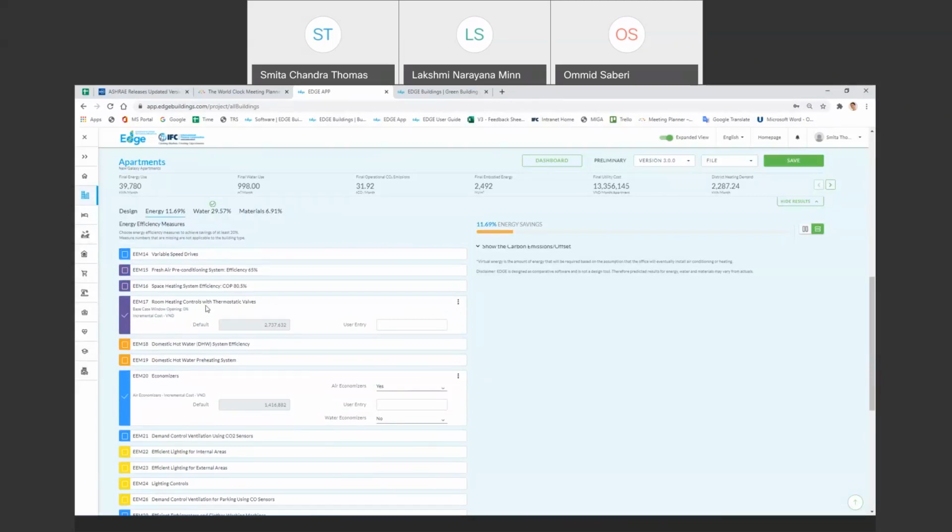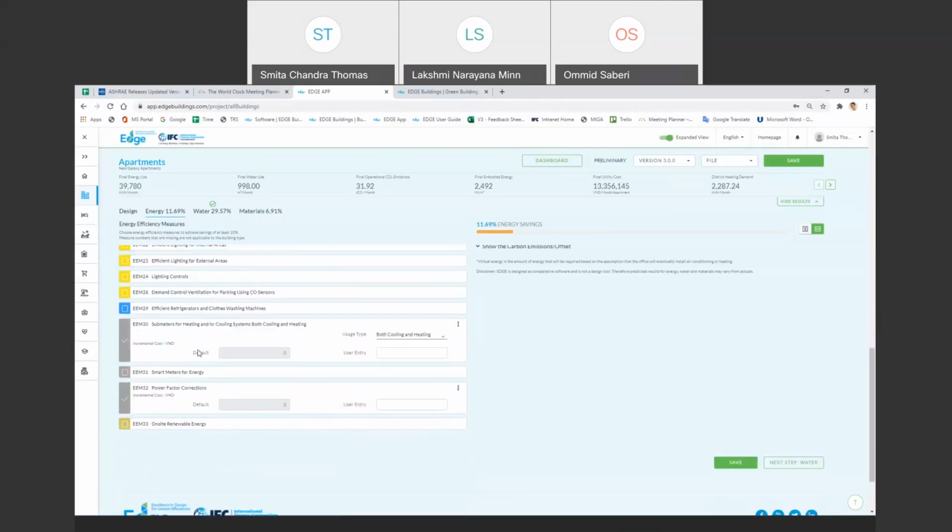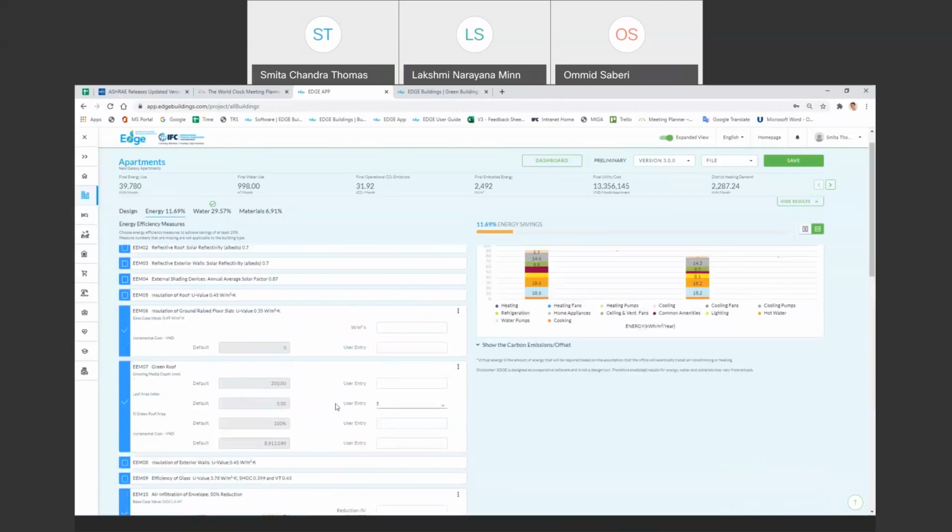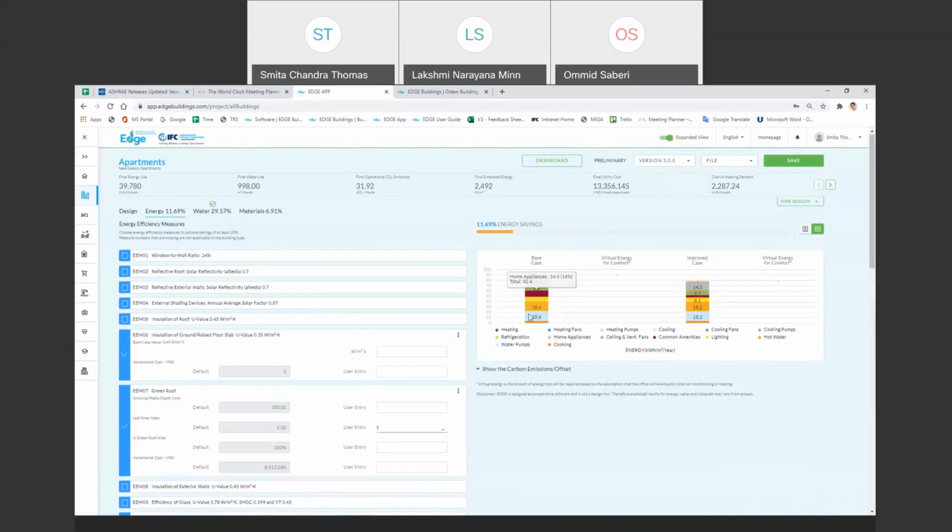Then there are other new measures like room heating controls with thermostatic valves, economizers, sub-meters for heating and cooling, power factor corrections. Just one quick note here, we are working on the colors of this. So in a few days, you'll see this looking slightly different